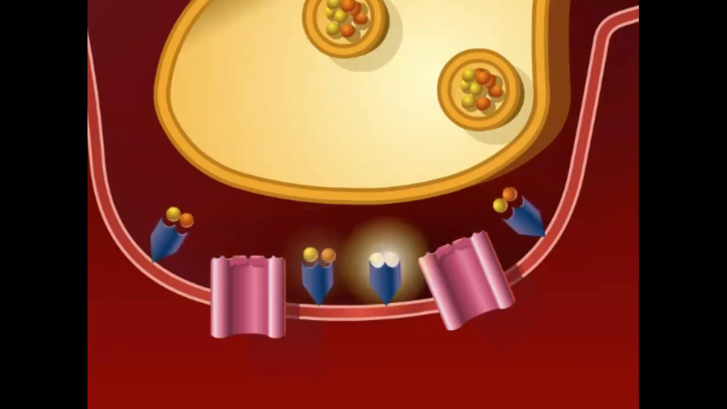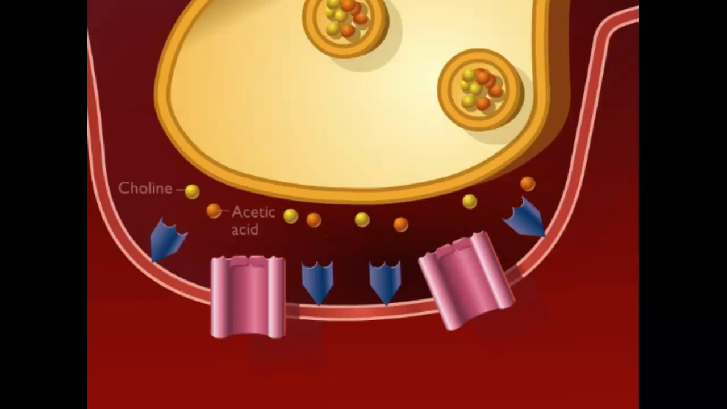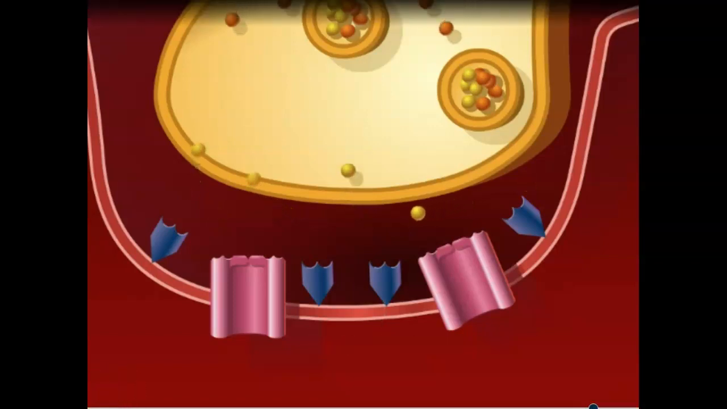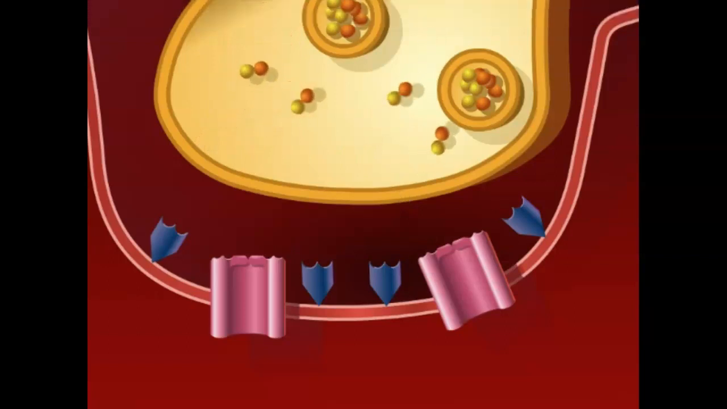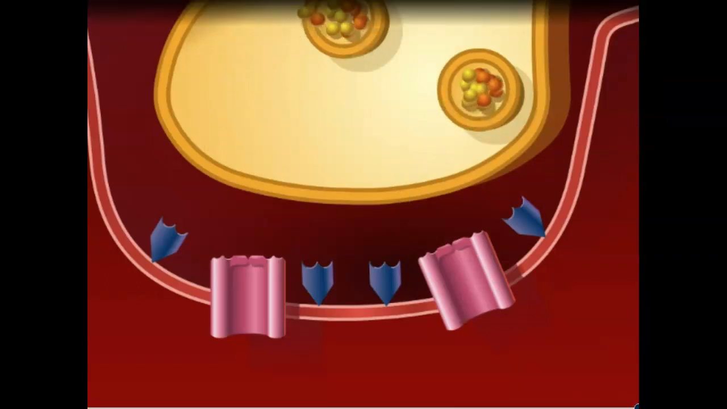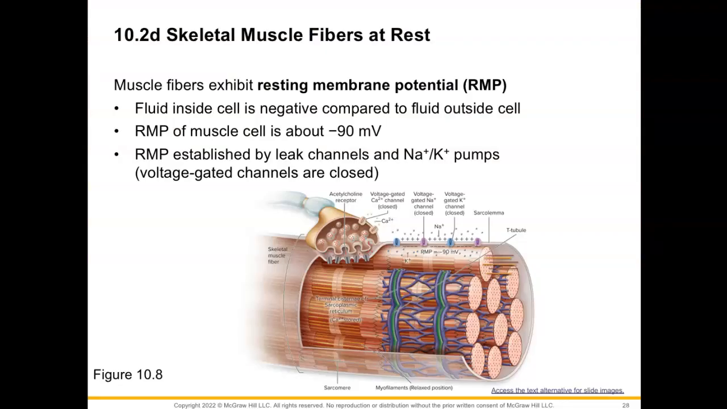Acetylcholine is rapidly broken down to acetic acid and choline in the synaptic cleft by the enzyme acetylcholinesterase. The choline is reabsorbed by the presynaptic terminal and combined with acetic acid to form more acetylcholine, which enters the synaptic vesicles. So in that video, you saw the term action potential mentioned, and that's what we're going to talk